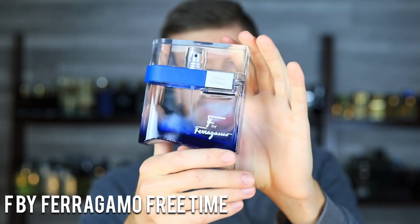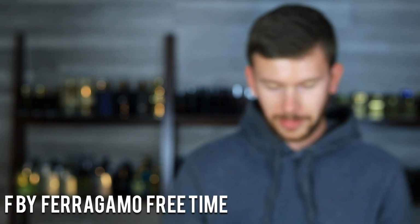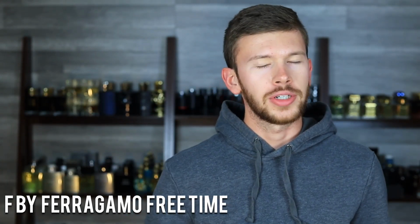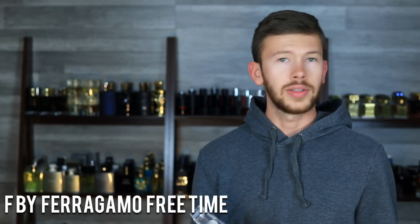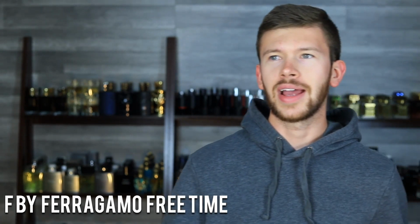Another affordable one, we have F by Ferragamo. This is going to be the Free Time flanker. Lemon, ginger, and pink pepper are going to be some of the main notes here. Very likable, very wearable, very fresh, very clean. F Black is one of my favorites, one of my favorite cheapies, and this one here is a nice fresh